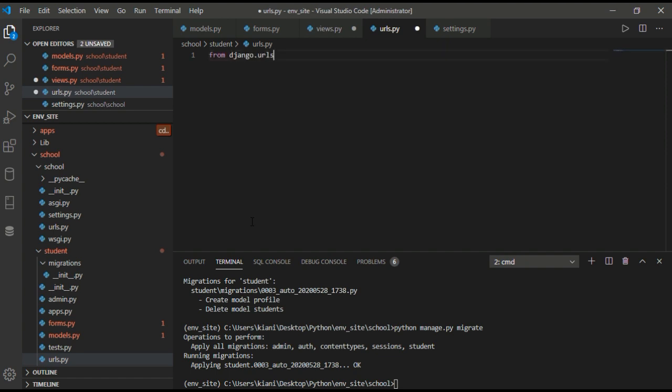So this will create index, but we have to use our URLs file. So let's see, new file. Inside the app we use urls.py, and here we will define URLs.